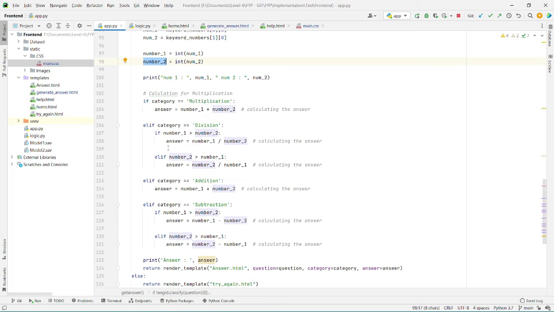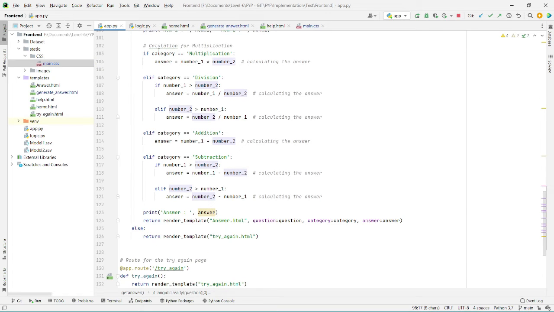And then according to the classification, if the category is equal to multiplication, then number1 and number2 are multiplied, and the answer is assigned to the answer variable here. If the category is division, then there would be a condition to check the highest value amongst the two numerical values in the question.